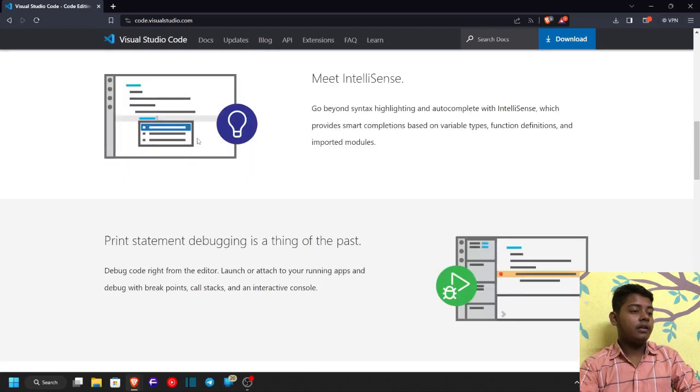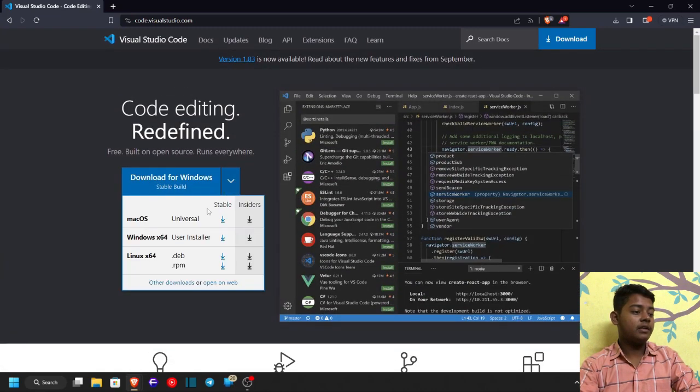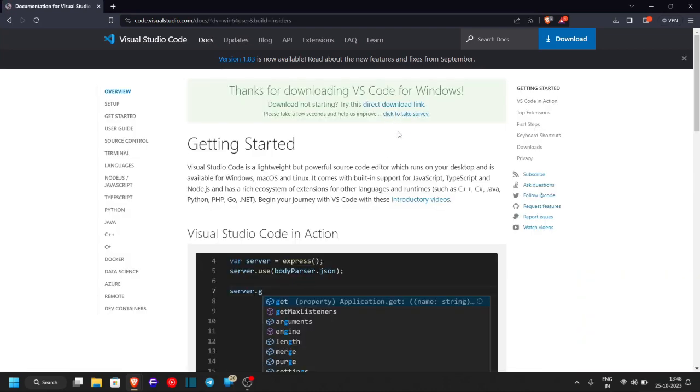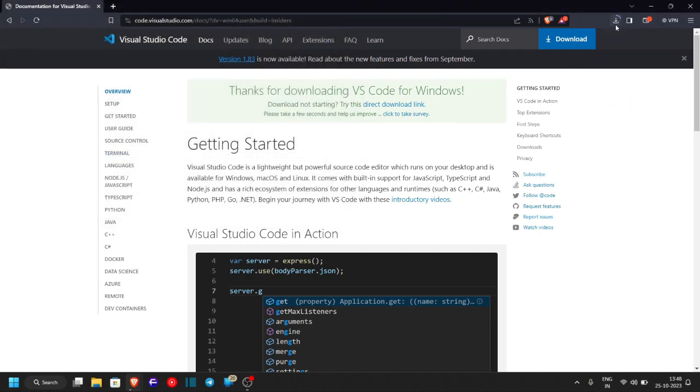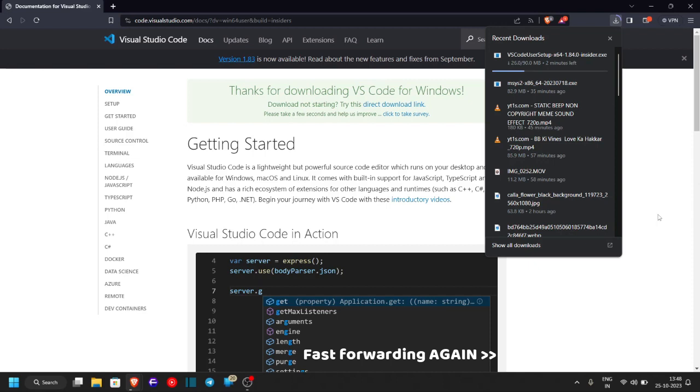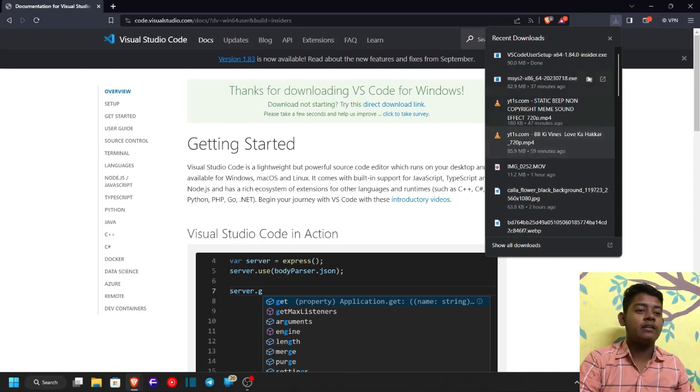And if you are eager to get new updates, you can download the Insiders one. And it is downloaded. Let's open the setup file,